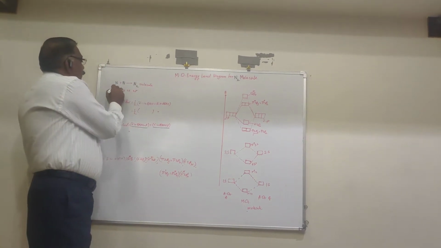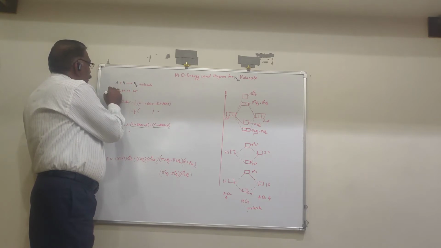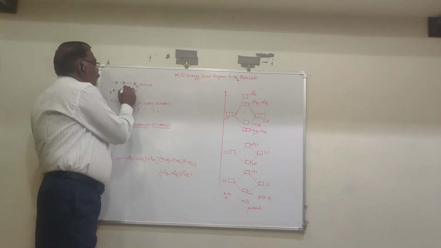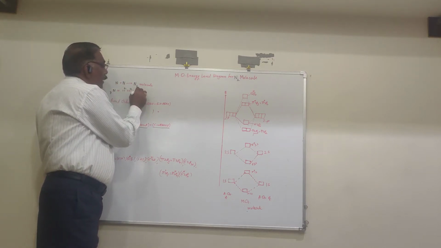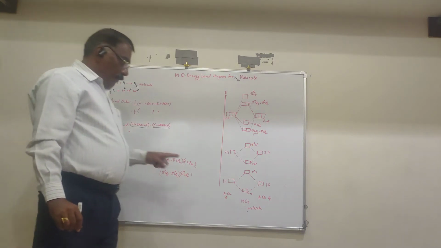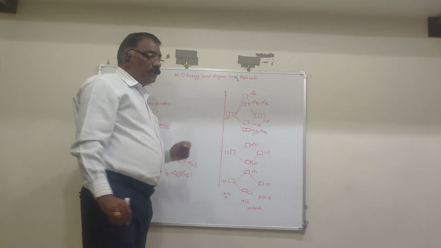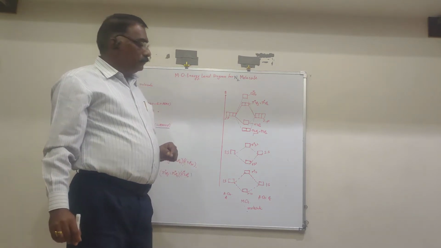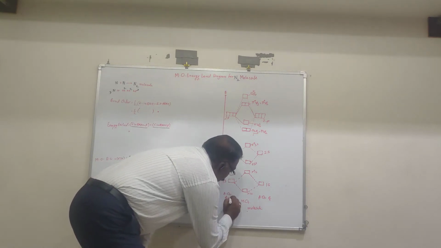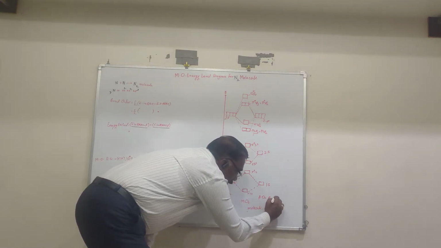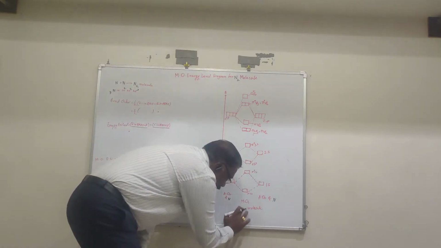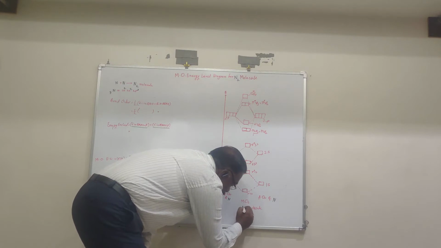This nitrogen atom, its atomic number is 7, and its electron configuration is 1s2, 2s2 and 2p3. In the combination of two nitrogen atoms, one nitrogen is at one side, another nitrogen is at another side. Both will get combined at the center and there is formation of the N2 molecule.